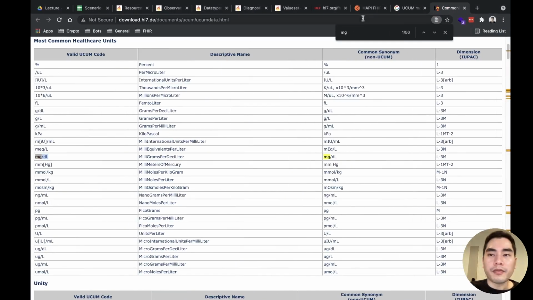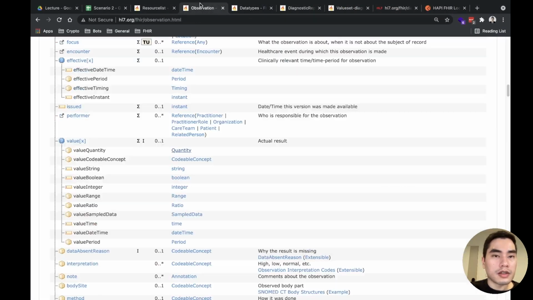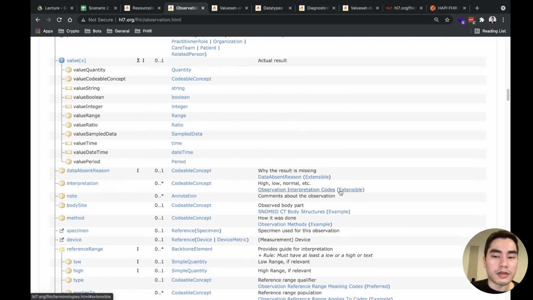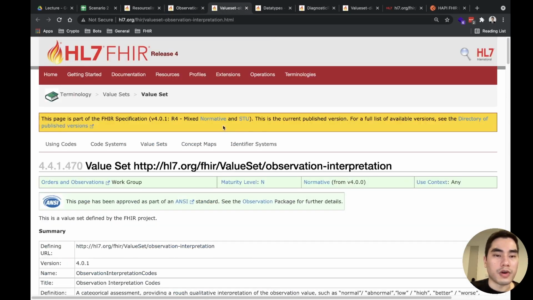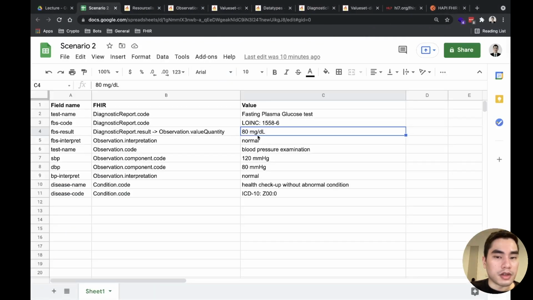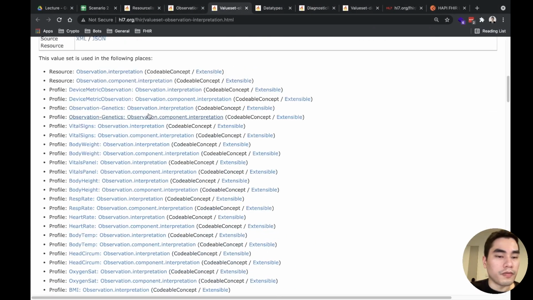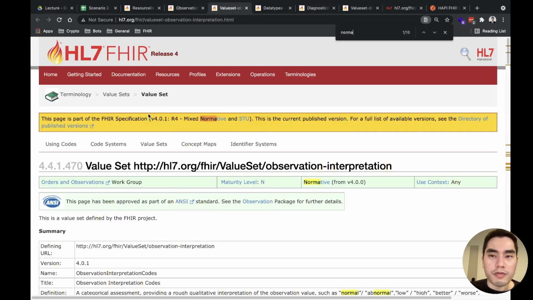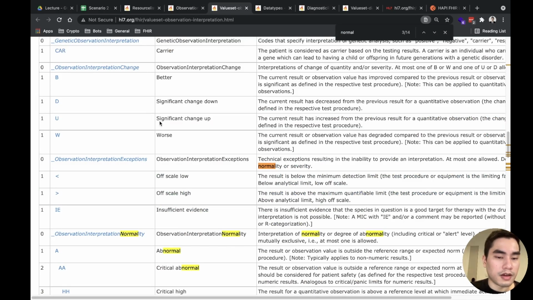Interpretation. It is bound to the value set with extensible binding, if we cannot find the code that we want. But in our case, it's just normal. So I think we definitely have normal here.